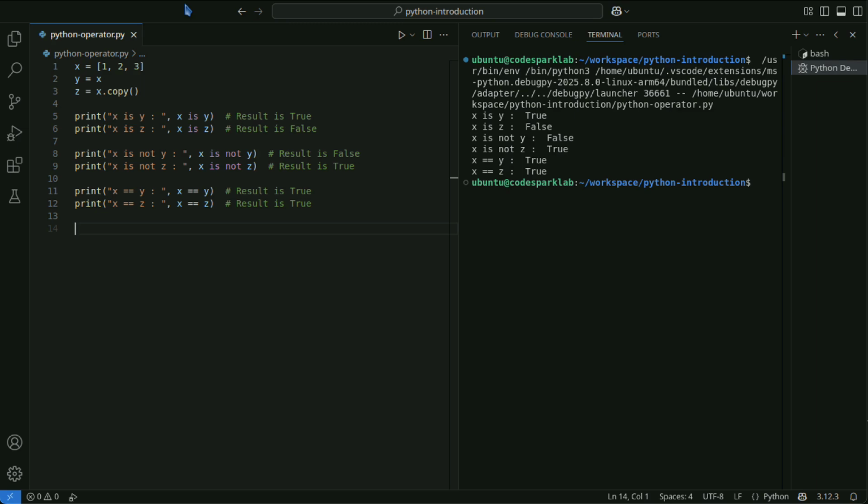The is not operator checks whether two objects are different objects. For example, x is y differs from x == y in that it checks object identity, not value equality.